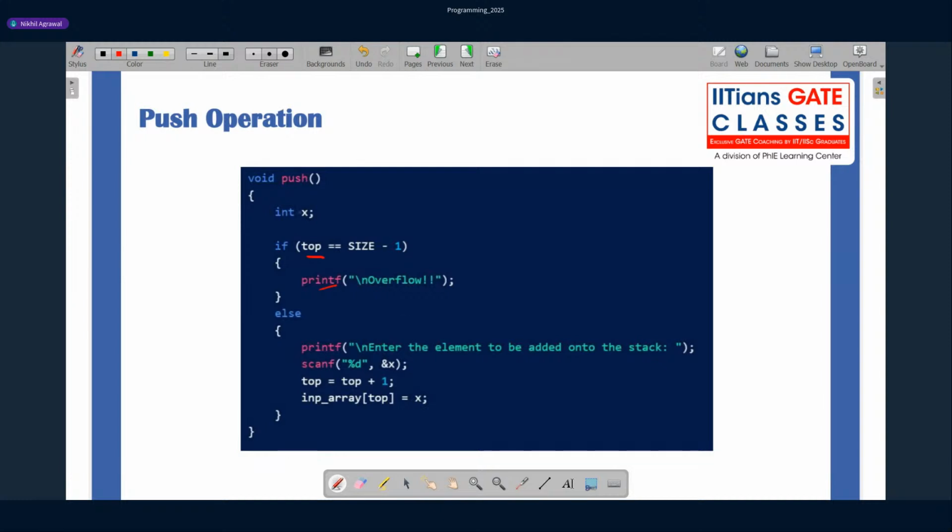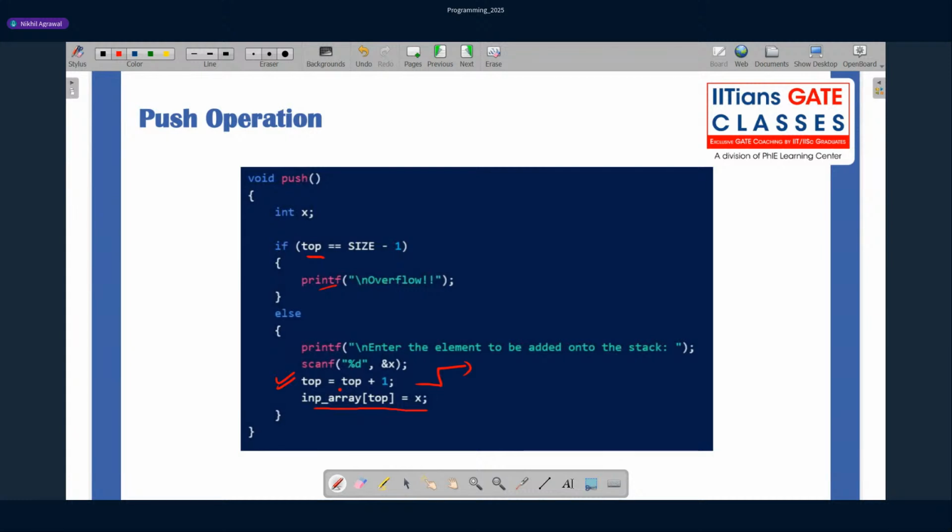Else, what we'll do, it depends, you can have that element as a parameter to this push method. We will first increment the top pointer and then update the stack. So first I'm updating the top pointer and then I'm updating my array. Why is it happening? Because insertion and deletion always happen from one end, and it is always from the top. So it is this top we are referring to over here. Yes, this is the simple push operation. I hope it is very clear.